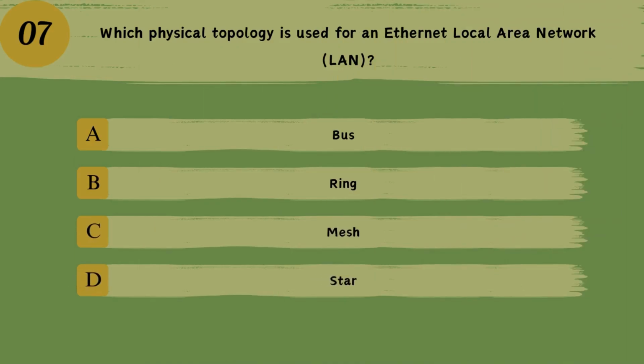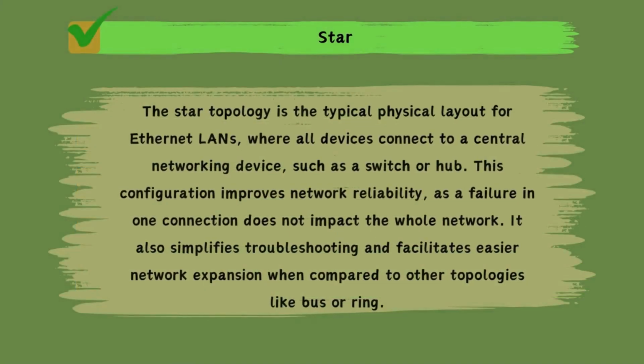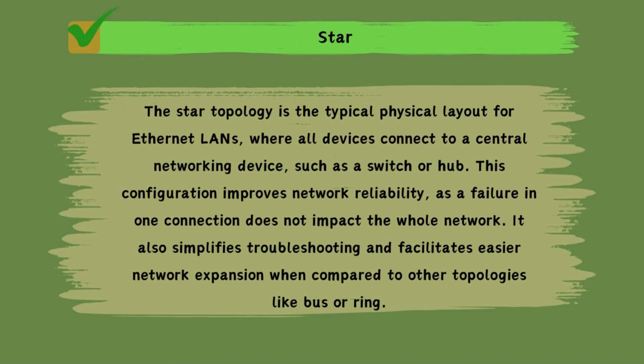Question 7. Which physical topology is used for an Ethernet local area network? A. Bus. B. Ring. C. Mesh. D. Star. Correct answer: D. Star. The star topology is the typical physical layout for Ethernet LANs, where all devices connect to